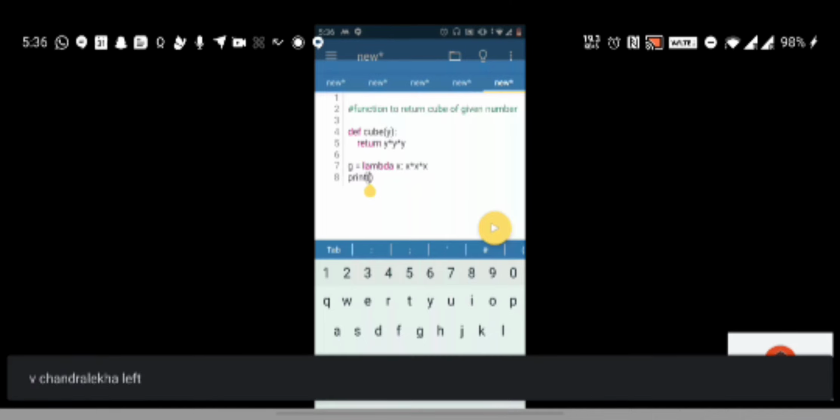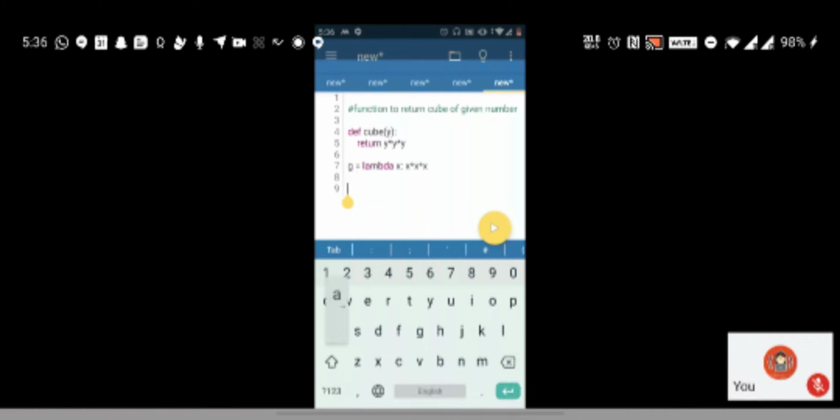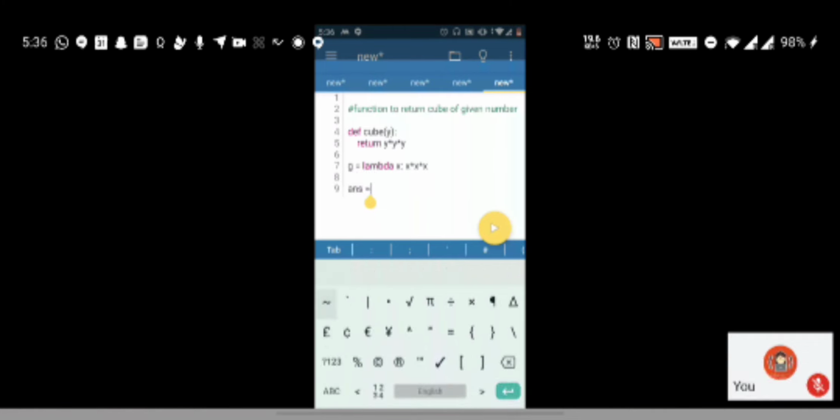So I'll just say g, or maybe I'll just save this answer somewhere. So g is my lambda function, but I have to pass some parameter to it. I'll say 2.